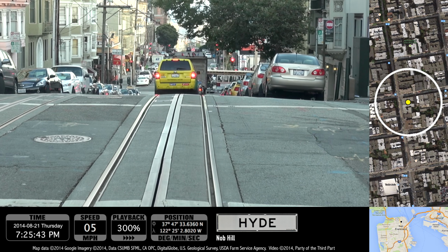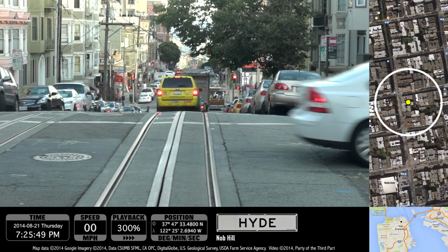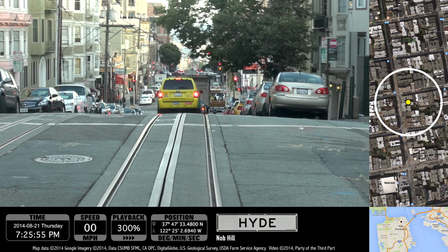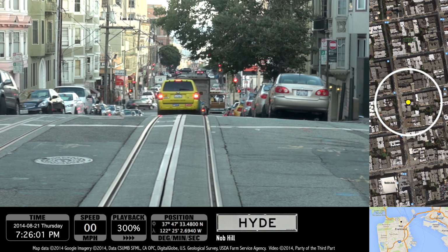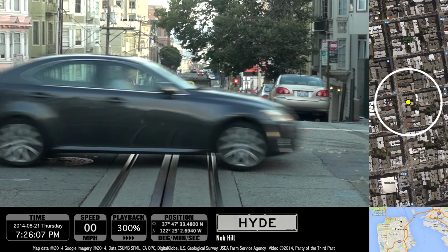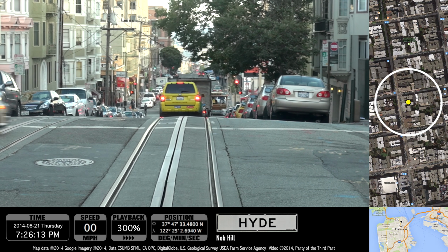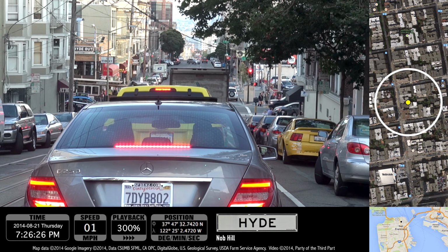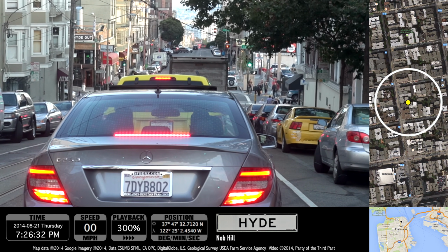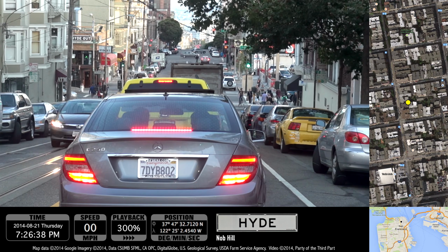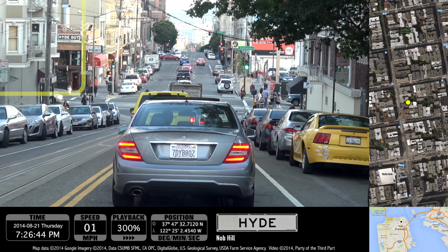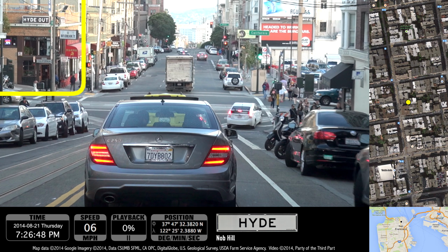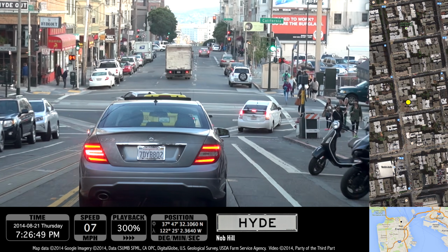Here you can see the GPS thinks I'm over on top of the roofs of the houses. The GPS sometimes gets off a little within the city. I think both the tall buildings and the hills kind of throw it off. It'll get much worse when we're among the tall buildings of downtown later on in this video. Off to the left is the Hideout Bar, another name that I like.